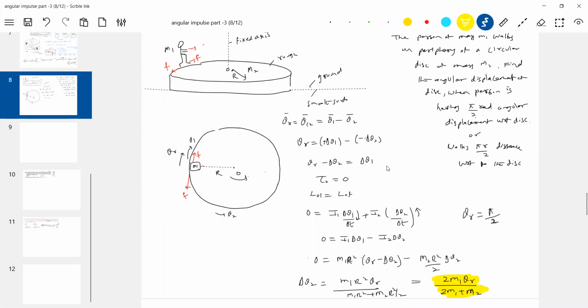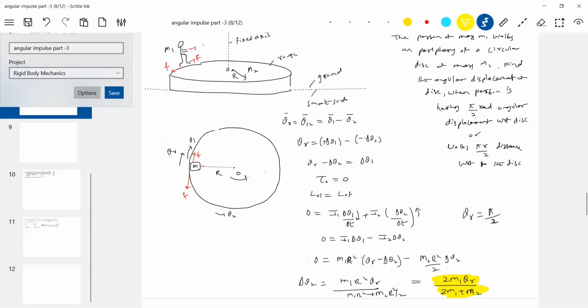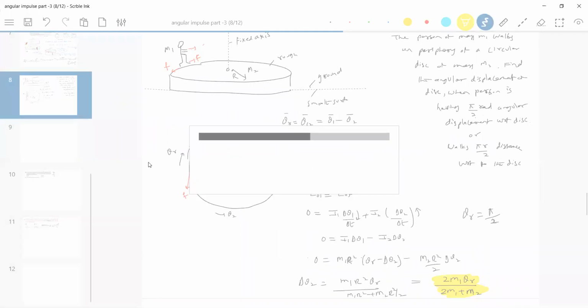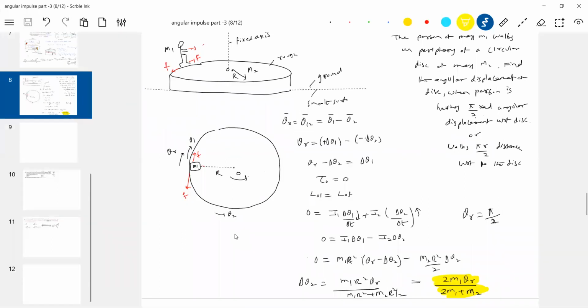Okay, I agree with this now. So we'll slightly change this problem. Instead of moving slowly on the periphery, let him run with a speed. The person, let him run. Then what conditions will come? Okay, I'm going to scroll down. Let's make